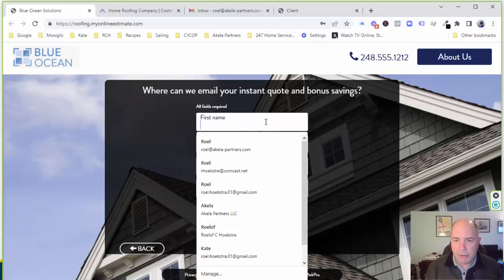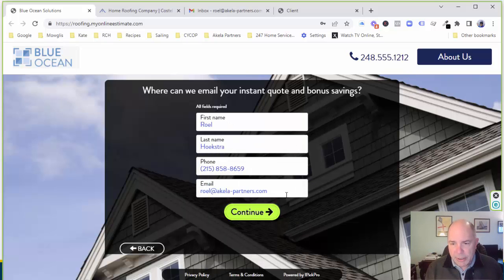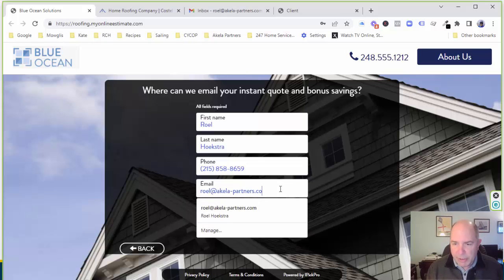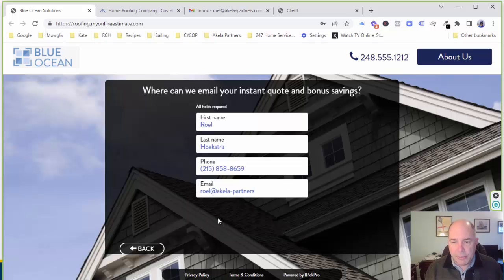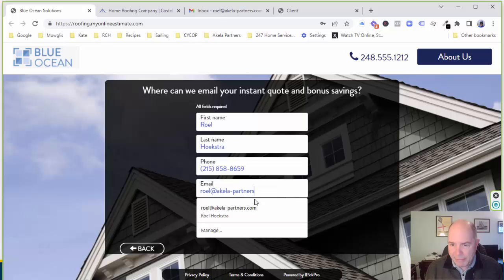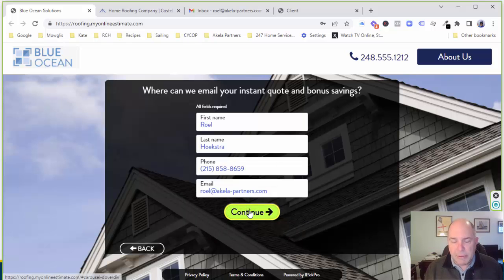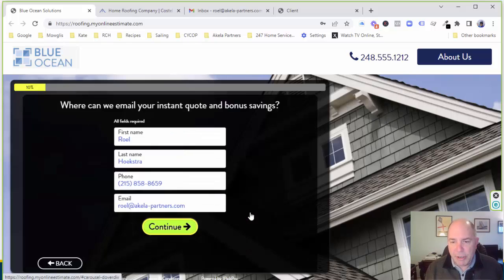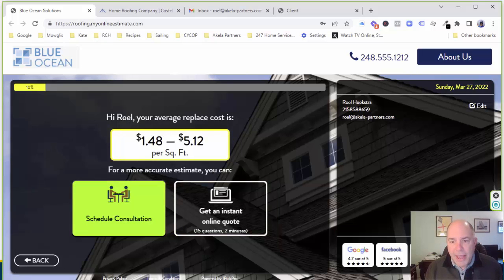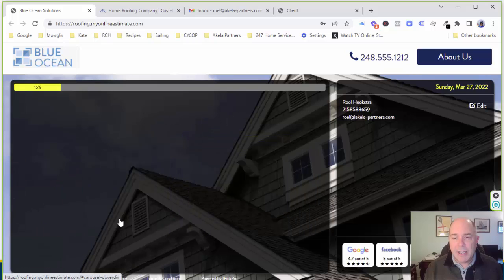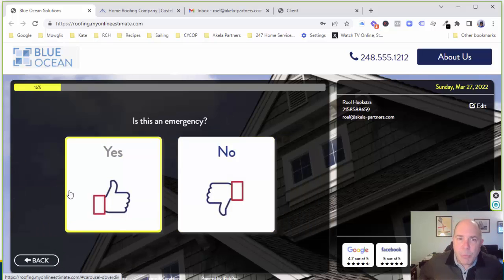All right, so we'll get started. I just got in here. I'll get that going. A couple things to note, right? So if it's not a valid email address, there's no continue button. So you have to have the right information in here. And then you have some options once we get in here. So here's approximate range. Ranges are huge. Get an instant quote online. This is where we start to